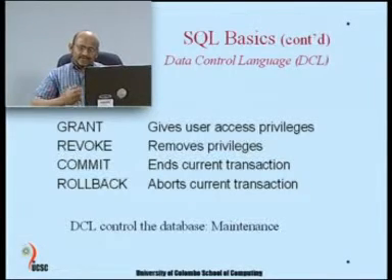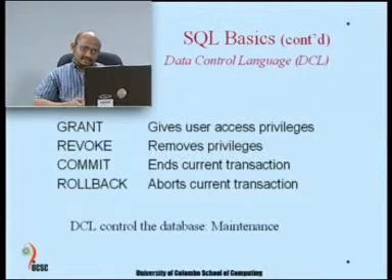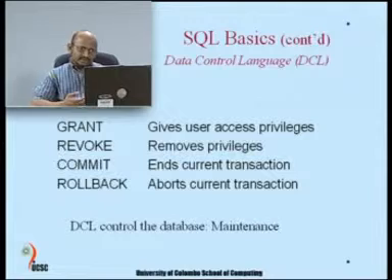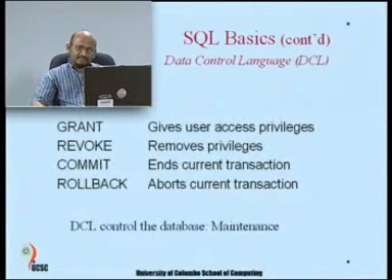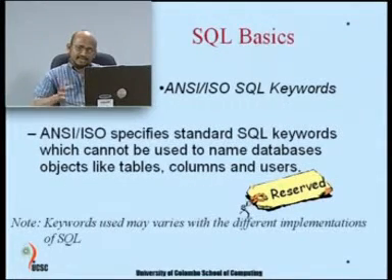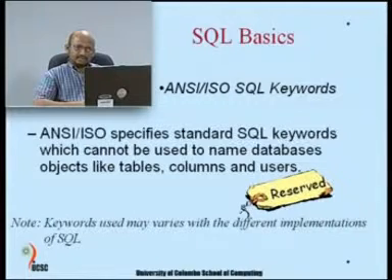To manage those transactions, especially with respect to updating, we may use commit and so forth. We will not go into details of them, but these are part of the commands available with respect to